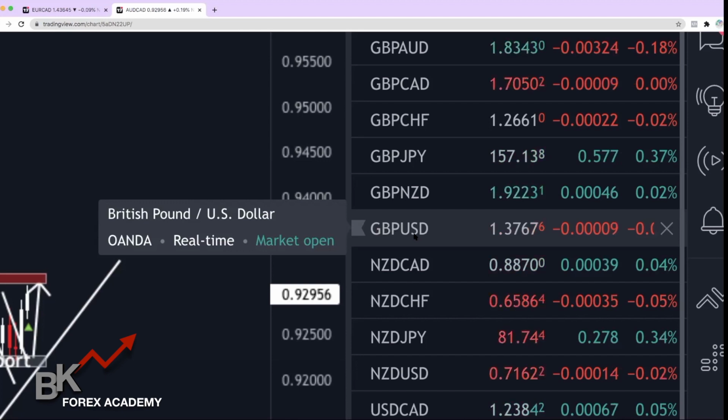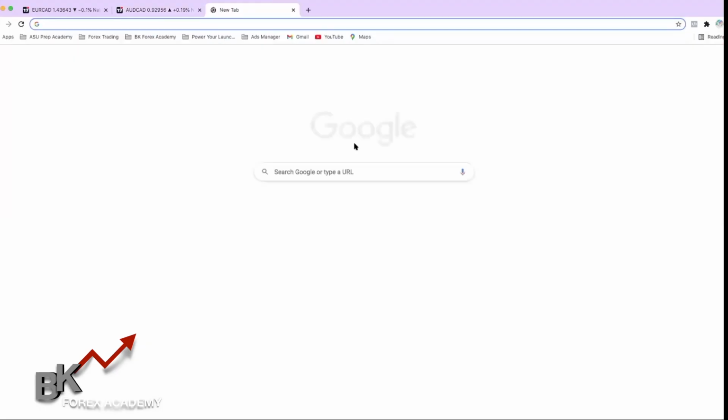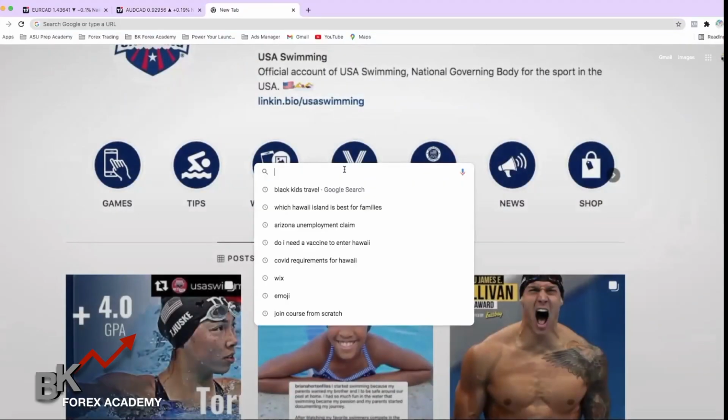So if I was in the United States and I had $1.37 in my pocket and I wanted to go to Britain, they will give me 1 pound, because every single thing on the left equals 1 when it's compared to the second currency, right? Or vice versa. If I was in Britain, I had 1 pound and went to the United States, they will give me $1.37 in exchange. And we can look at that here by just going to Google, and let's just say